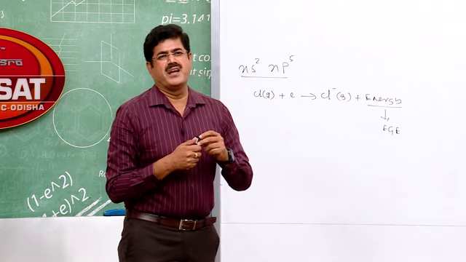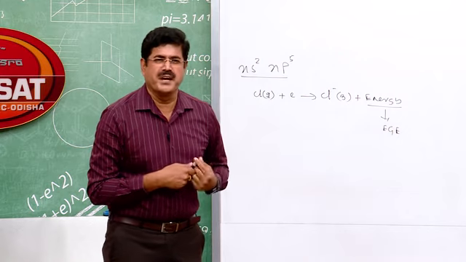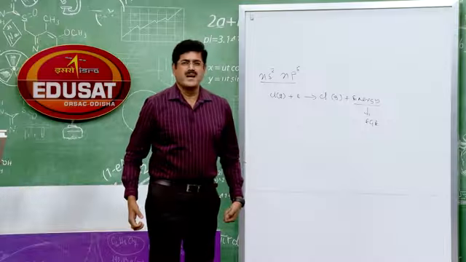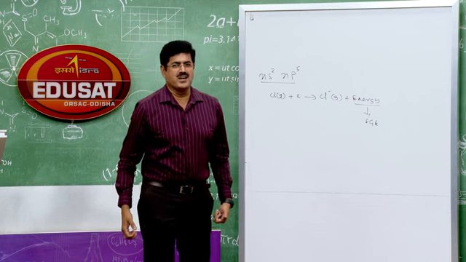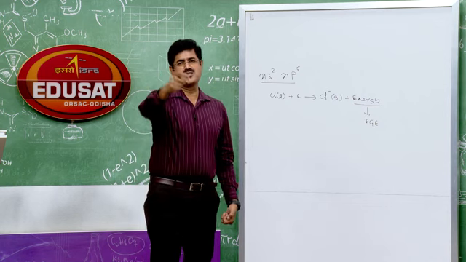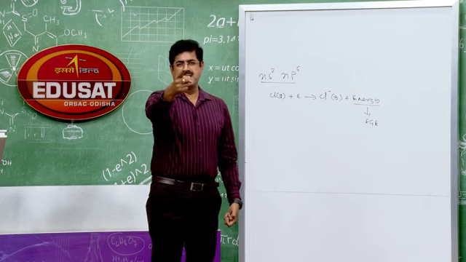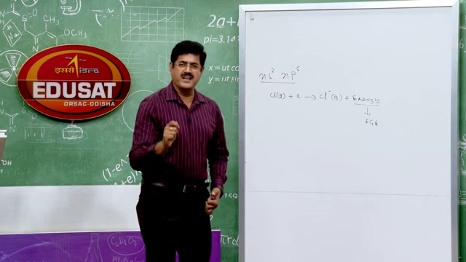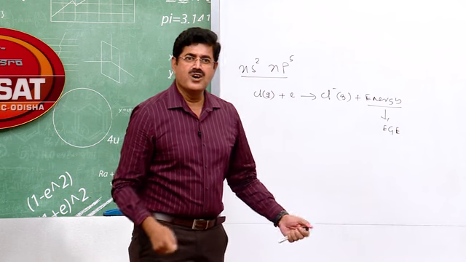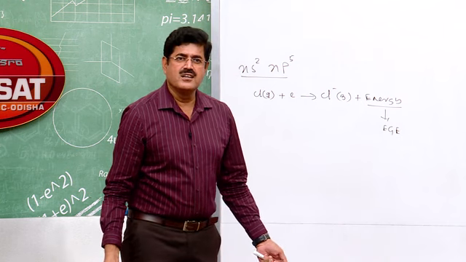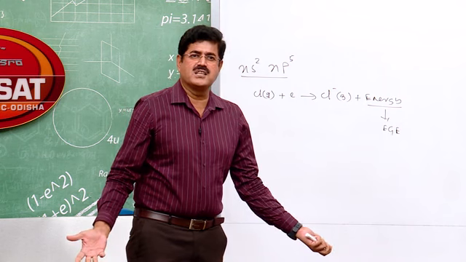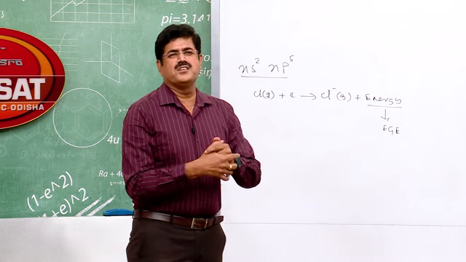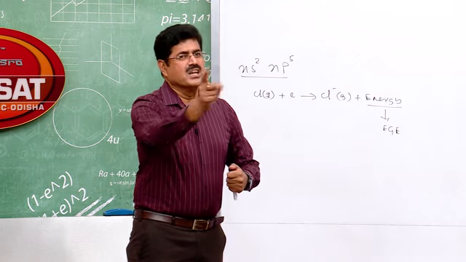Then which element has the highest electron affinity in the periodic table? Halogens are the elements which possess high electron affinity. Which element possesses the highest electron affinity here? It is chlorine, students. You know that. Remember this. Chlorine is the element having the highest electron affinity. Okay. Now the question comes, why chlorine? Why not fluorine? Fluorine is the smaller size element. Fluorine should have the highest electron affinity. Why chlorine then? I have already answered this in the previous classes.